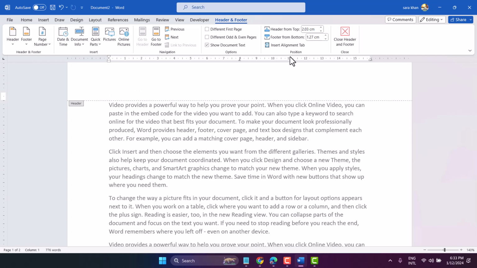Now to change size and height, here is the setting, header from top. Specify the distance from the top of the page to the top of the header. You can increase or decrease the size